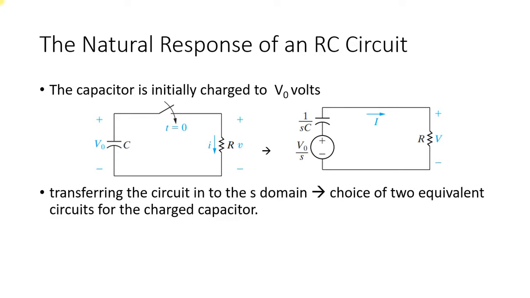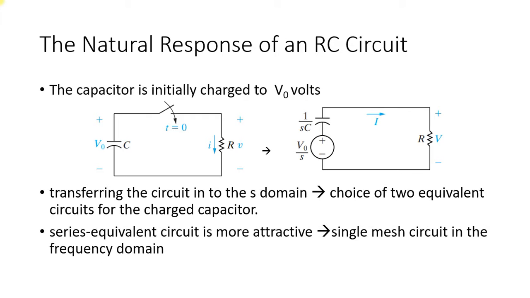Why do I go for a series equivalent circuit? Suppose, for example, for a corresponding circuit they ask for the value of I of t. In order to find I of t, I prefer the series equivalent circuit, because we know that in a series circuit the current is equal. Similarly, in a parallel equivalent circuit, the voltage is equal. So at that point, I prefer either a series or a parallel equivalent circuit. Here I take a series equivalent circuit.